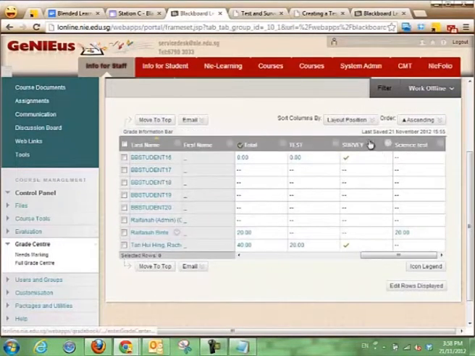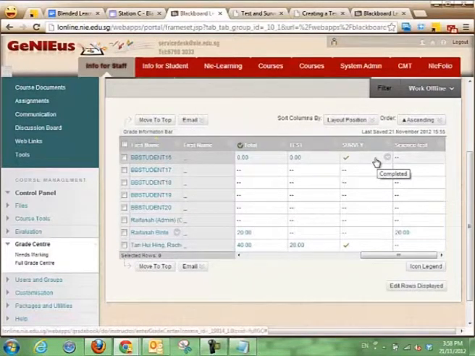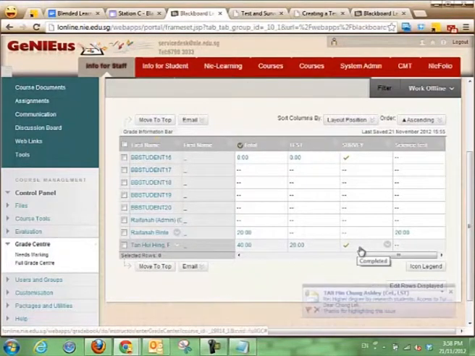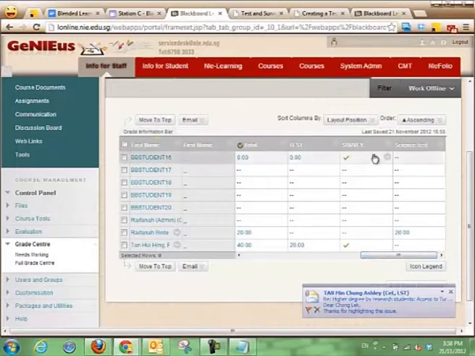And then for survey, like I said, once the student actually did the survey, you won't be able to see who answered what. Instead, you will see who already did the survey by the show of the tick. So you can see here that student 16 actually did the survey, and Tan Hui Huing actually did the survey as well, not the rest. So that's how you see